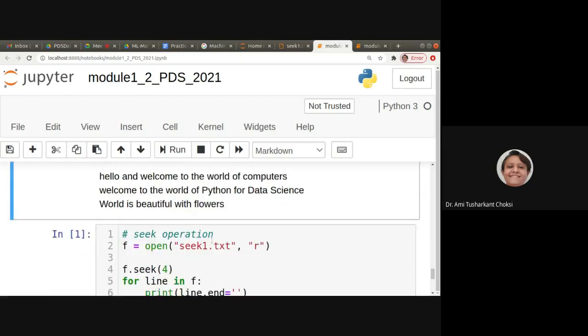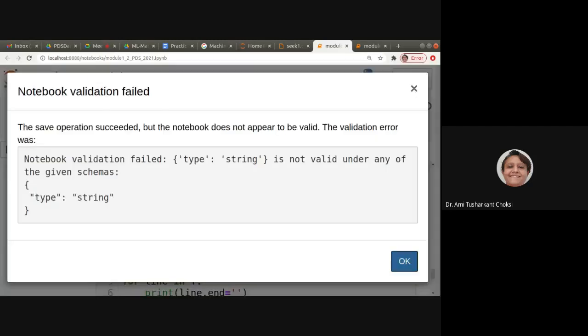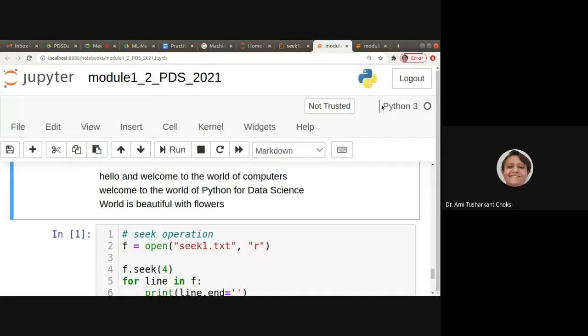Any HTML tag you can use the way you are using for your HTMLs. And that is why people are now using Jupyter notebook files as the presentation file also. The code is also there and the presentation is also there inside the same file.